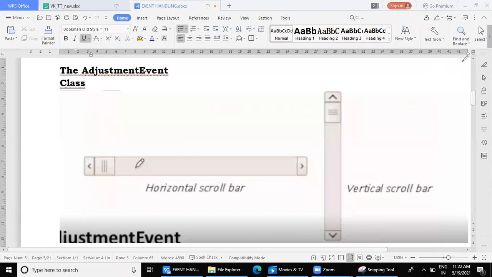Now in case of your Windows scroll bar here at the right side, your scroll bar is lying somewhere here in the 1/4 position. So 25% of the page we have scrolled, isn't it? This thumb tracker will tell you the exact value. There is one method associated with the adjustment event class called get value.